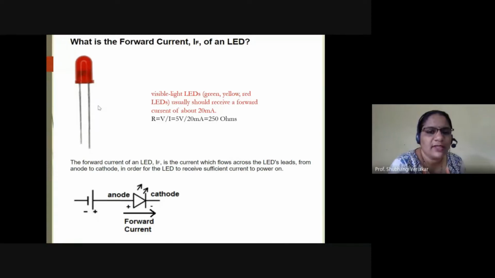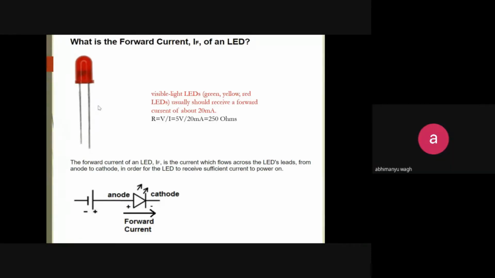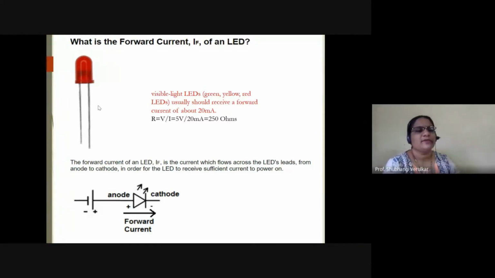Which one is the cathode and which one is the anode? The small one is cathode, the longer one is anode. Okay, good. So if suppose I break this longer one and make it short, then which one will be the cathode and which one will be the anode? Whatever was earlier the cathode will still remain the cathode.